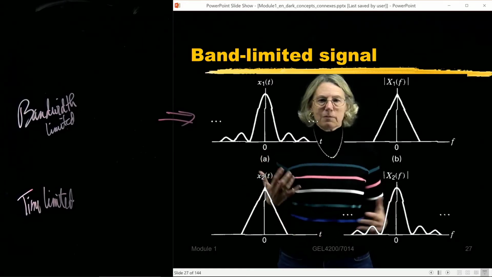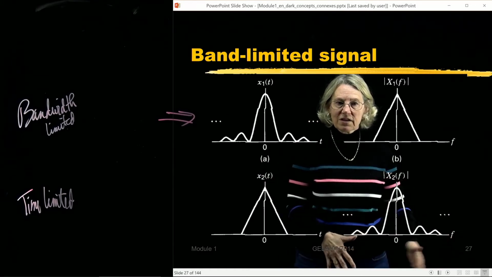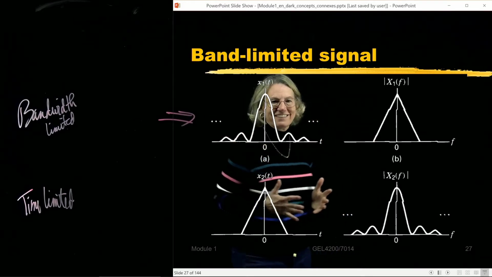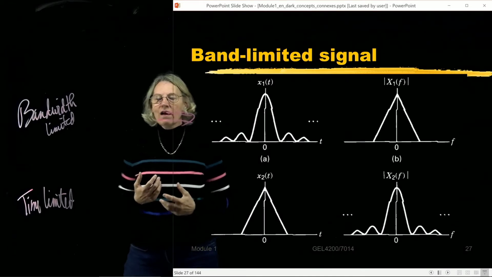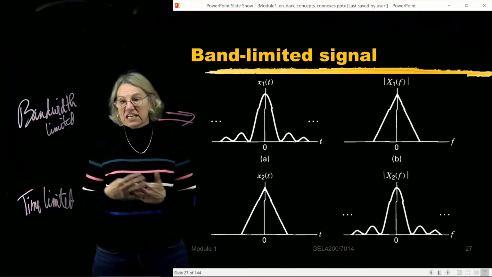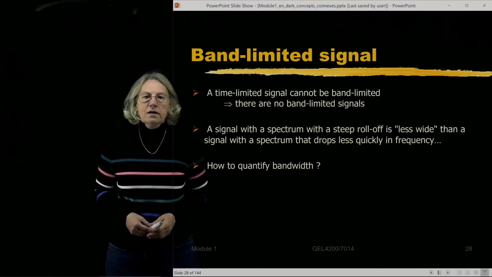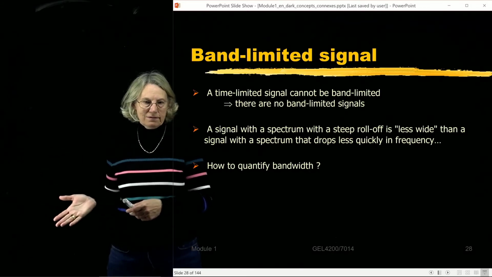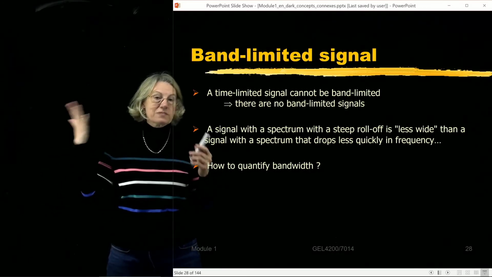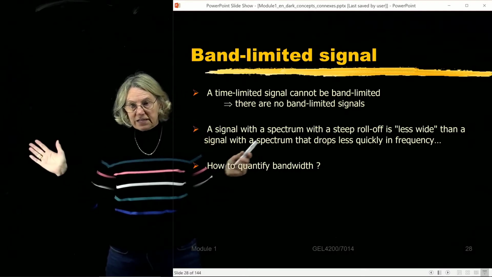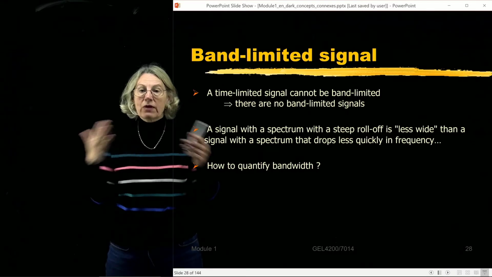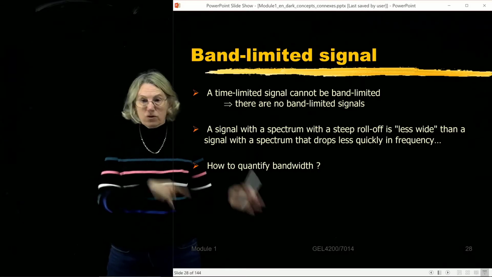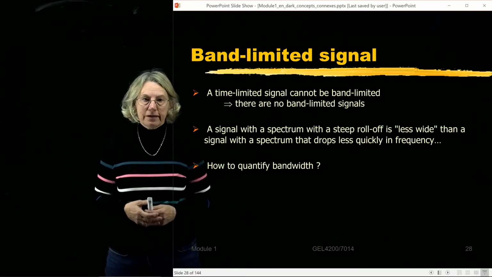So there's this problem about infinite bandwidth signals and band limited channels. These are the ideas that we're trying to grapple with as we define the bandwidth of a signal or the bandwidth of a system. A time-limited signal cannot be band limited. The two examples I gave were one specific one, a triangle and sinc squared, but it can be generalized. If I have a time-limited signal, it can't be band limited. So if one is limited, then the other one is not. This just comes right from Fourier theory.